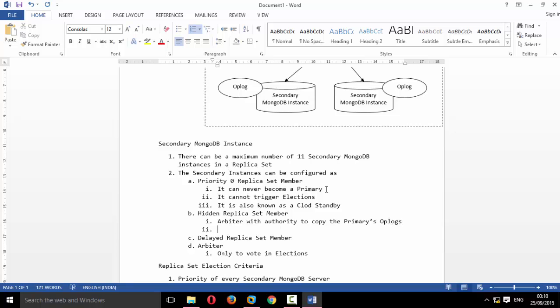Okay, so he can vote in elections, he cannot become a primary, but he has the authority of copying the primary's oplogs. Okay, now